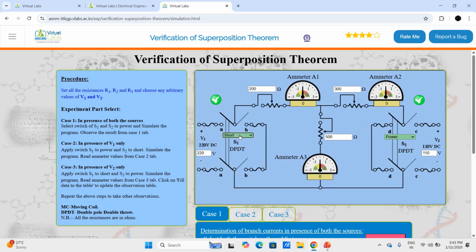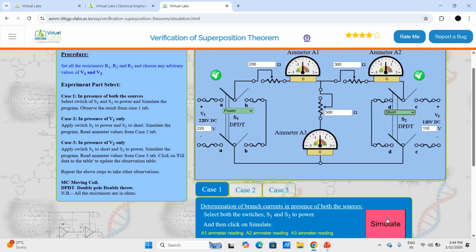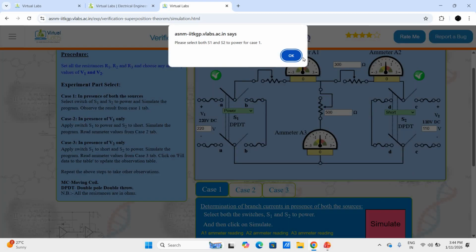In step 1, we'll connect the power to source 1, so the 220 volt supply will be connected to this circuit diagram. At that time, the other voltage source will be replaced by a short circuit, and for that purpose we'll select short on the other side. So I repeat, in step 1 we have connected the 220 volt DC supply source and the other source is short circuited. Now we'll simulate it to find out the current. So when we click on the simulate button,